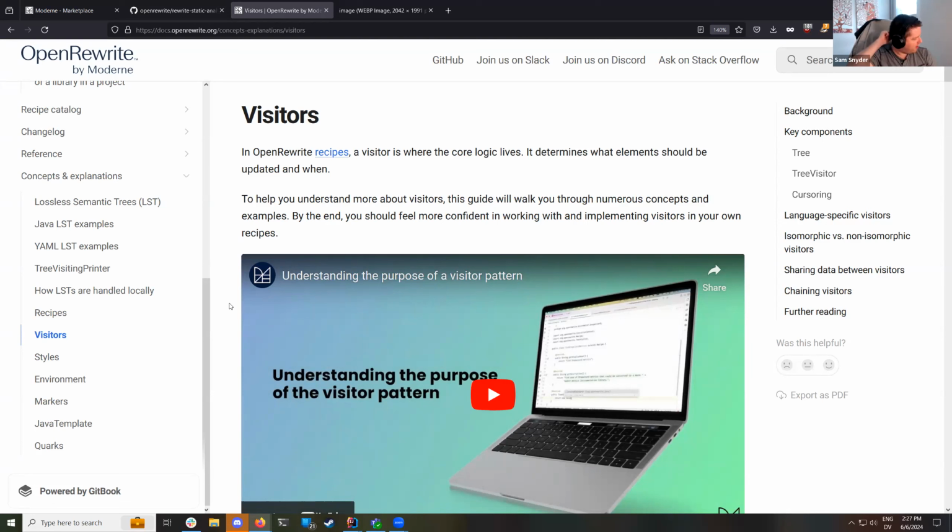It is one of those original Gang of Four design patterns that transcends any individual programming language. And you may already be intimately familiar with these, or you may have never touched one even in a long career. What that often comes down to is what kind of data structures the code you author is working with. If you are operating on lists and maps and some of these more straightforward, one or two-dimensional data structures, it is sufficient to use iteration to traverse them and make sense of them. And when you have a more complex data structure like a tree or a graph,